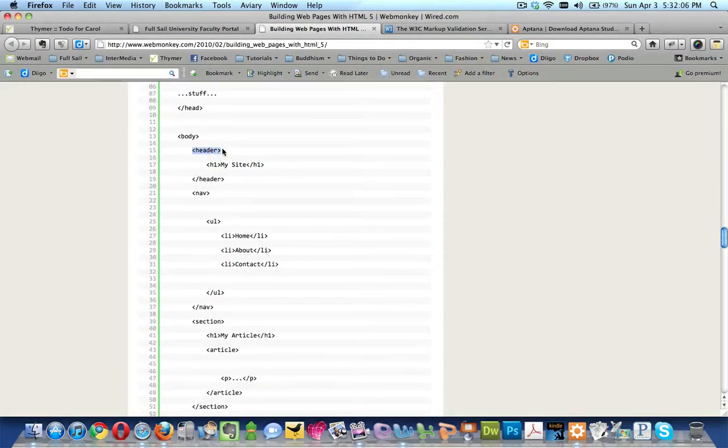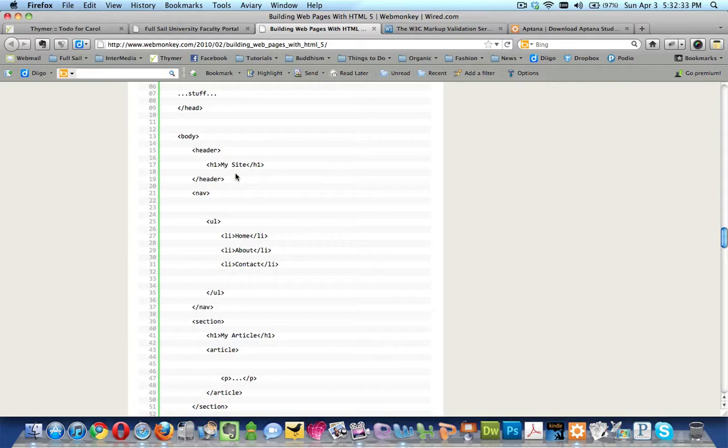So then we'll look here right underneath the body tag. We have our header tag. And the header tag is new to HTML5. In the past, most sites just used an H1 tag, as you see here, to identify what is the main heading of this page. And the reason that there are these new tags in HTML5 is the group of people who got together to create the HTML5 specification recognized that there are certain commonalities that have appeared across websites